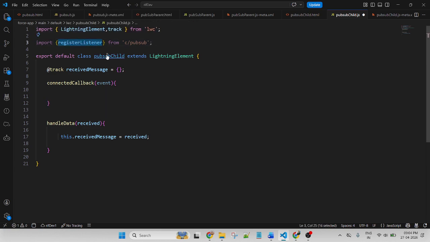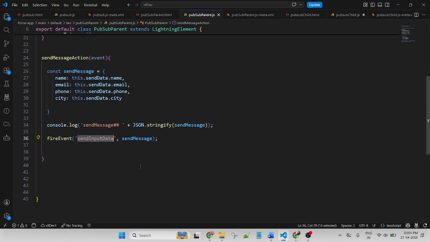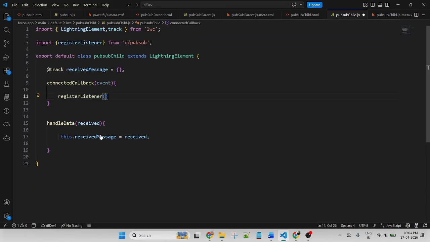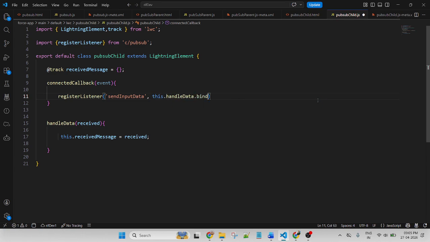Then this will call a register listener, and here I will use this one. This event I am passing here. This is register listener. Register listener holds the data that I am passing. After that, I will bind this method. This dot bind